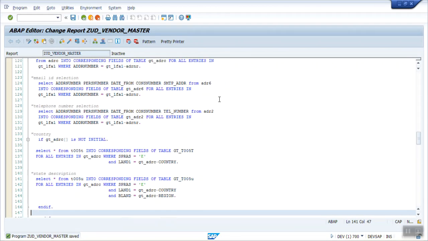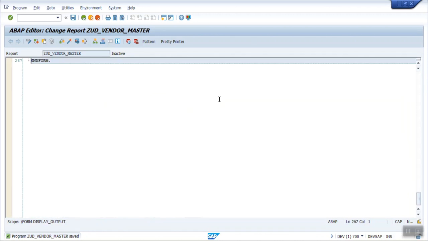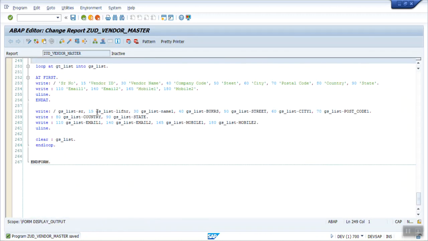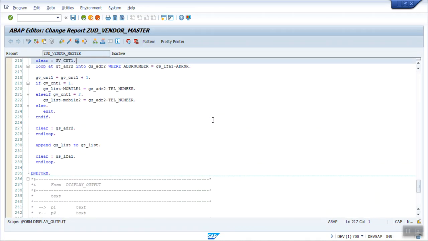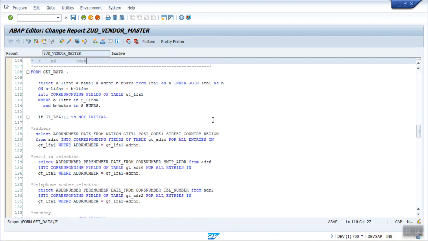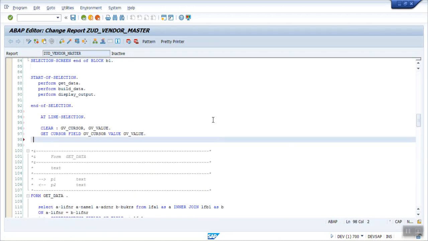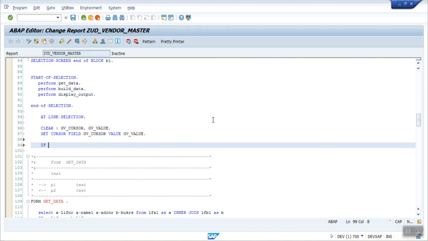Now our vendor ID field is, if you see our write statement, gs_list-listener, and this will be in all capital letters when you double click. So we want to check this value whether the cursor is at that position. So here we write if gv_cursor equal to gs_list-listener, always write this in capital letters, and gv_value is not initial.